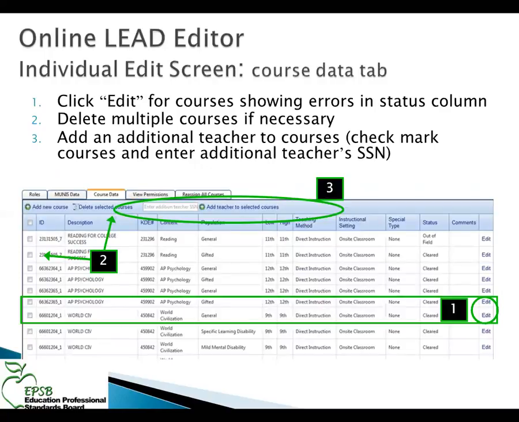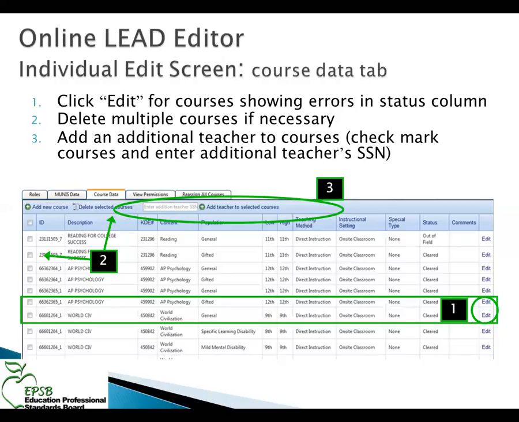Down on the course data tab, clicking edit over here by the number 1 will open up the course that needs to be edited, the course section, and I'll show you that on the next slide. You can delete lines from this if necessary. I do not recommend or advise that most of the time.